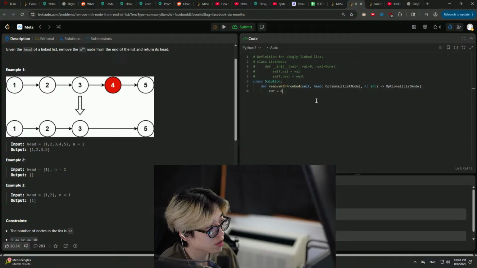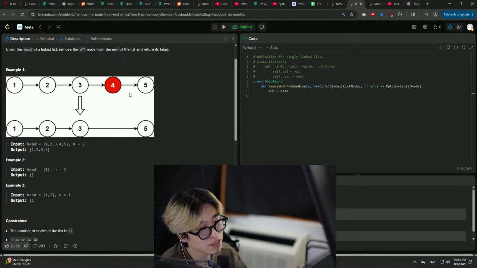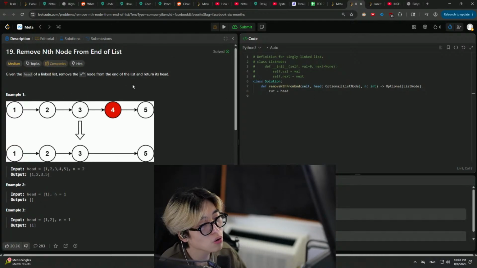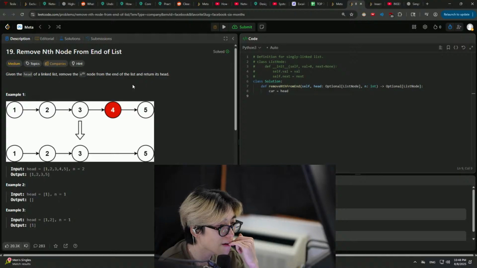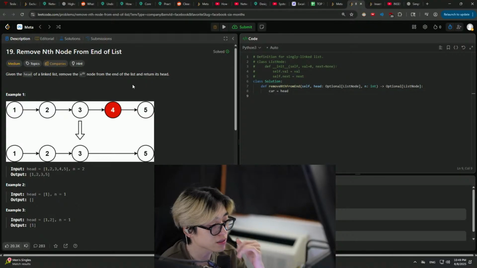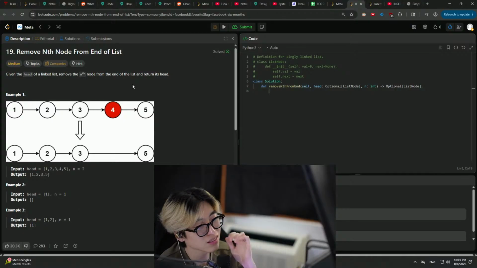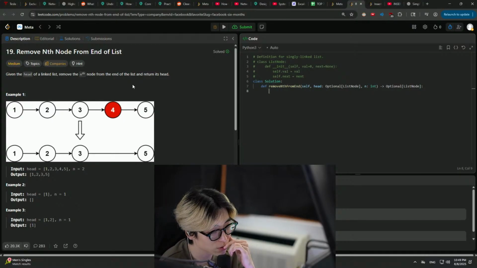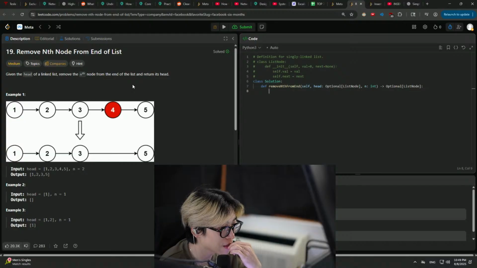So cur is equal to head, right? N is equal to 2. Remove the nth node from the end of the list. Oh, okay. It's not as simple. I initially thought we could just traverse through, but it's actually the nth from the end. So if that's the case,